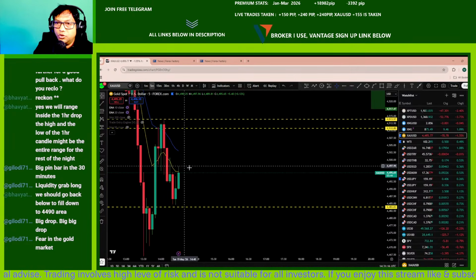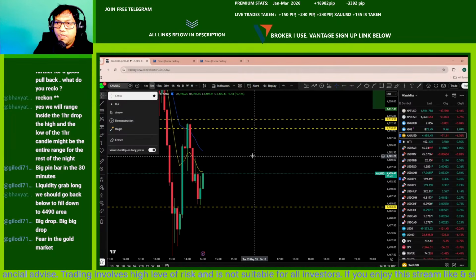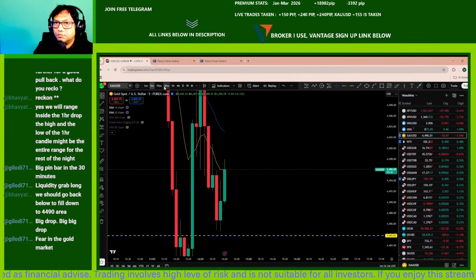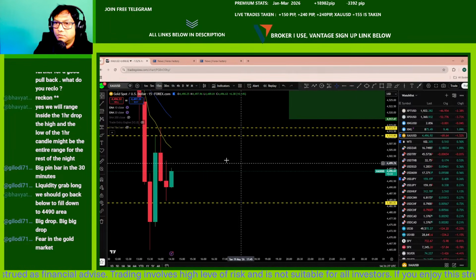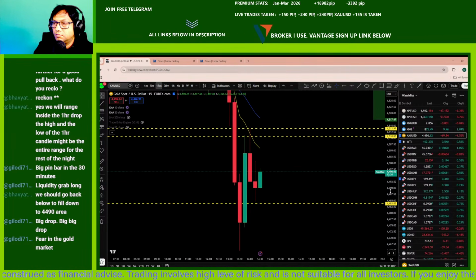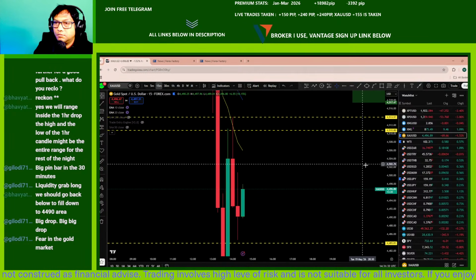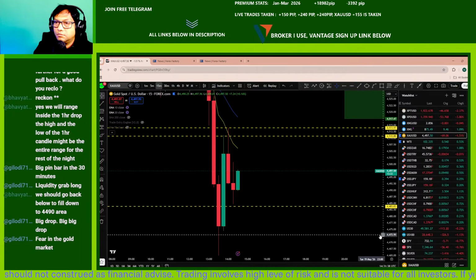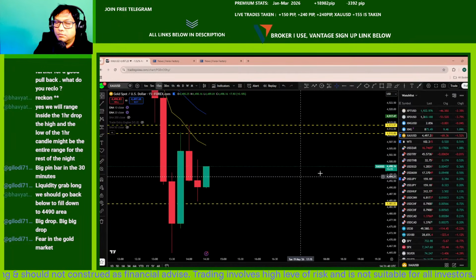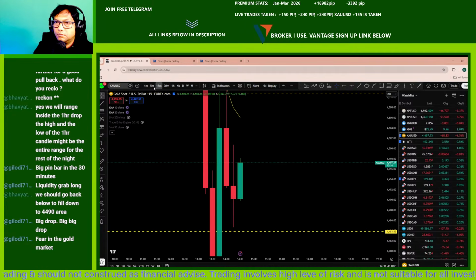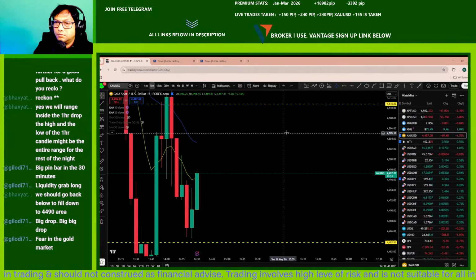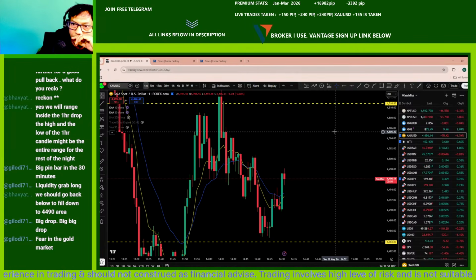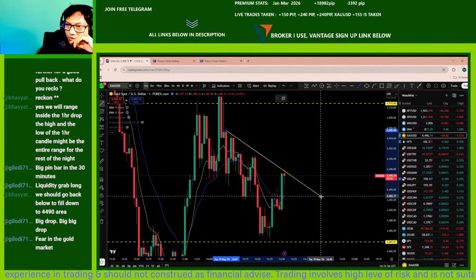This is a liquidity sweep here in that area that you can see. And of this trend line at the moment,